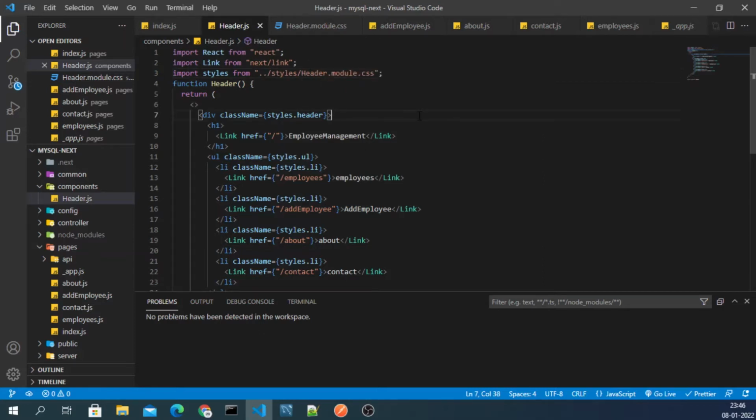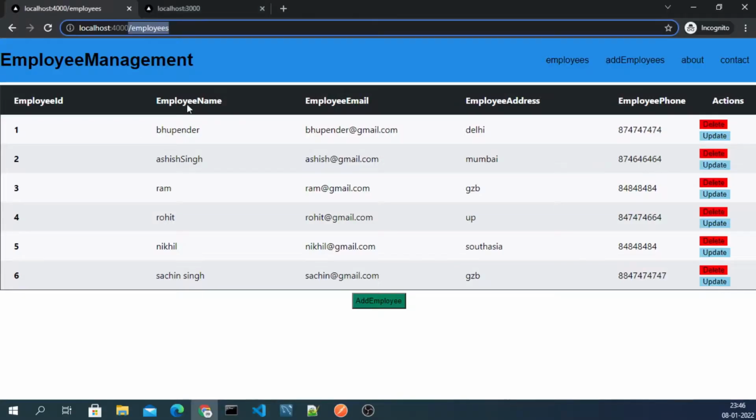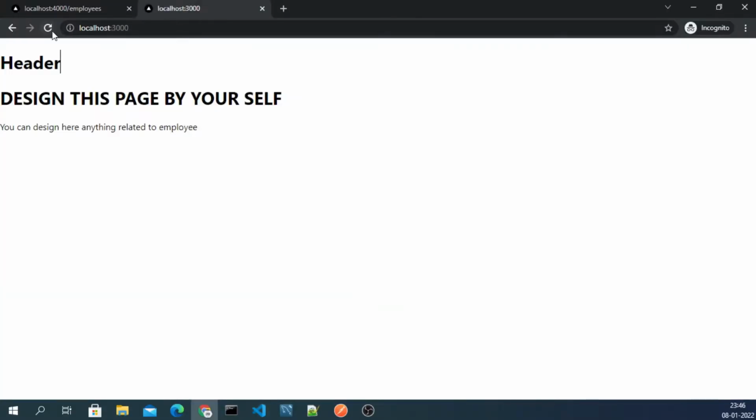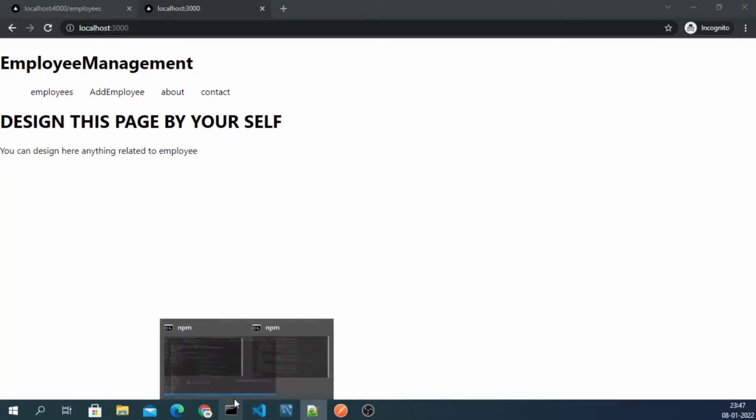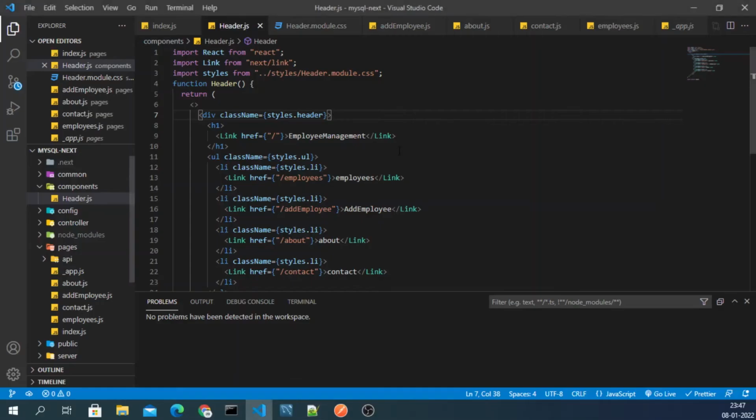And let me just save it, and let me take you to the localhost. Now refresh this page. Okay, so have we missed something, because it is not showing me anything right now? Let me just check it.